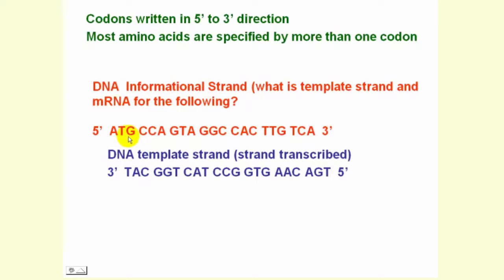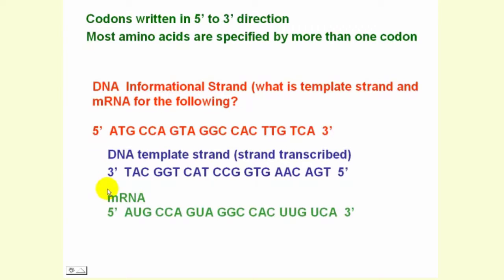Now, the messenger RNA, remember, is taken from the informational strand. So basically, the messenger RNA is the informational strand, but each thymine is replaced by a uracil. So it is the informational strand, but we replace each thymine with a uracil. So that's fairly easy. And then as far as the protein goes, well, if you go to the table in